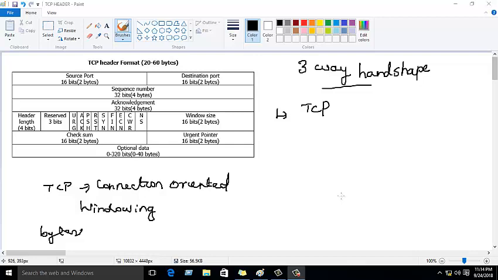Another thing you need to understand is that TCP is connection oriented. It is a connection-oriented and reliable service. Reliable means that if any one of the segments is lost during transmission, it has to be retransmitted. So for that purpose,